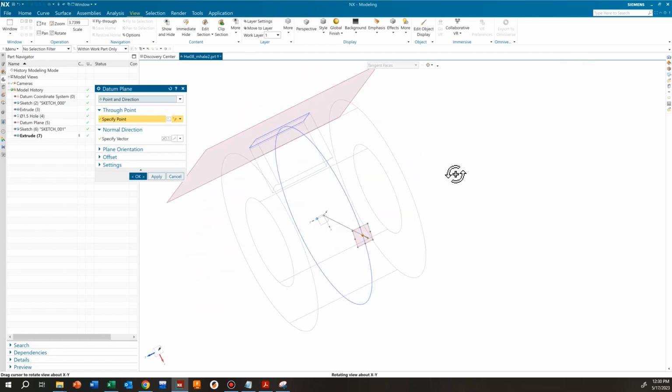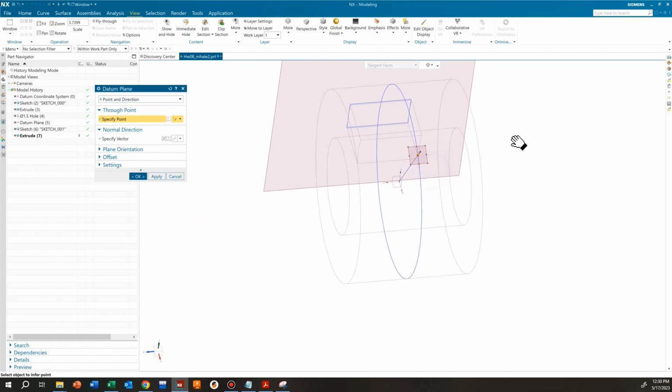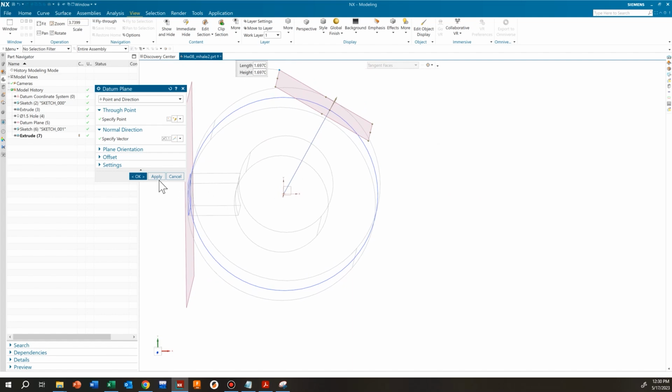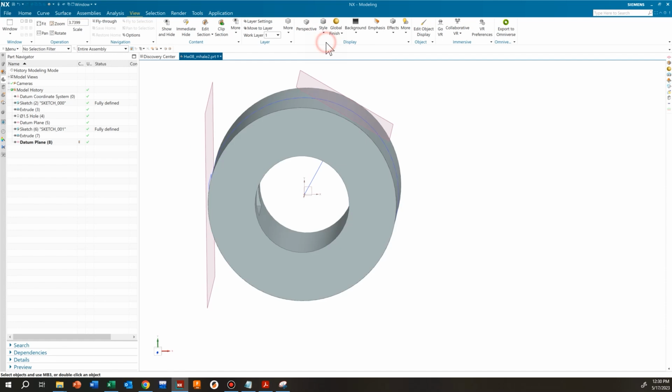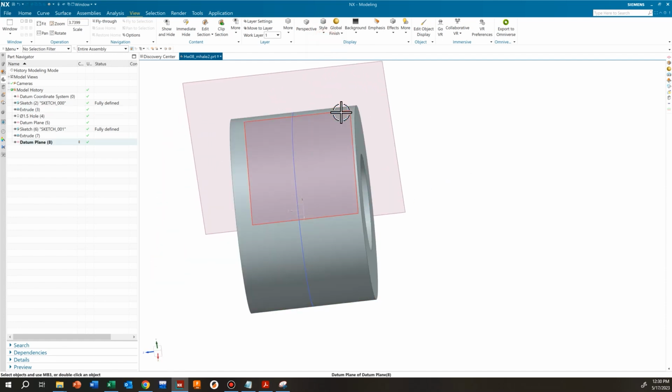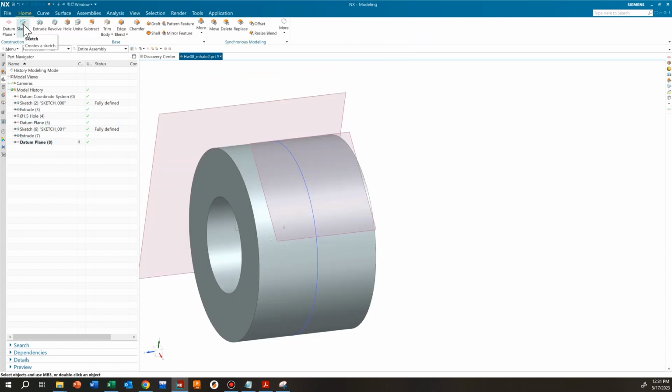And now we have this plane that is at that 30-degree angle. Now, if we needed to change that 30-degree, we could just go into that sketch and change that from 30-degree to whatever we needed to. We can hit OK. And I'm going to go back to our shaded with edges. Again, you can change the size of this plane if you want to. Go back to home and we are going to make a sketch